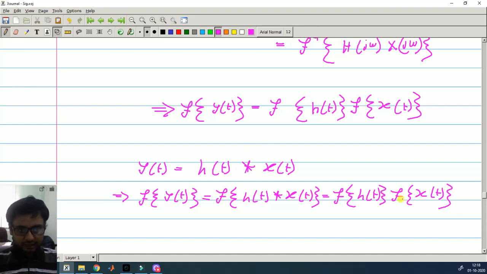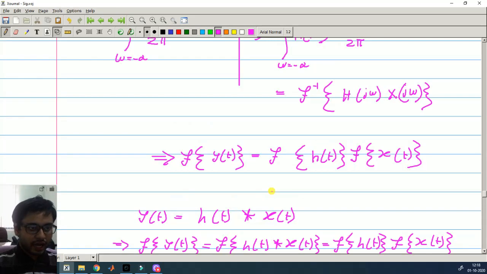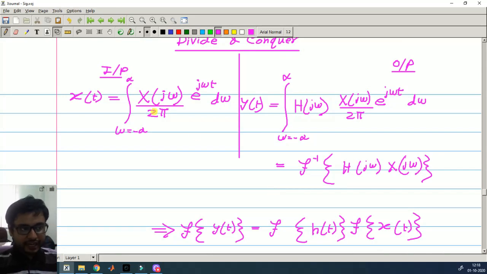So this rule you can derive in one line. I have derived it in this way because I wanted to stress upon the policy of divide and conquer,